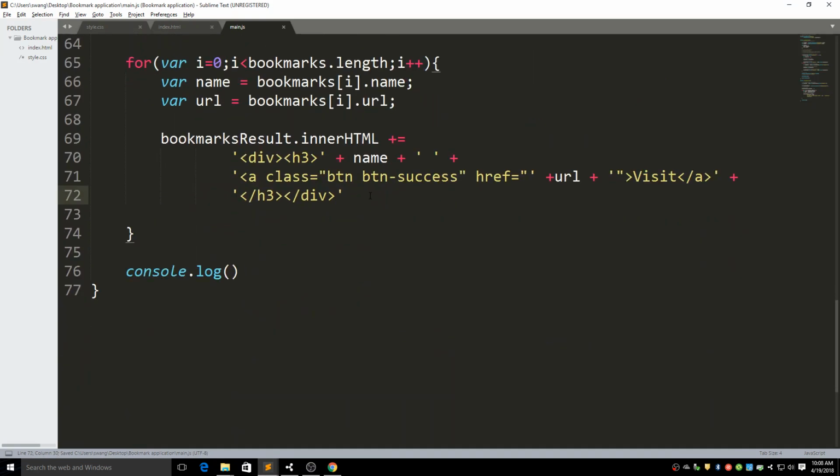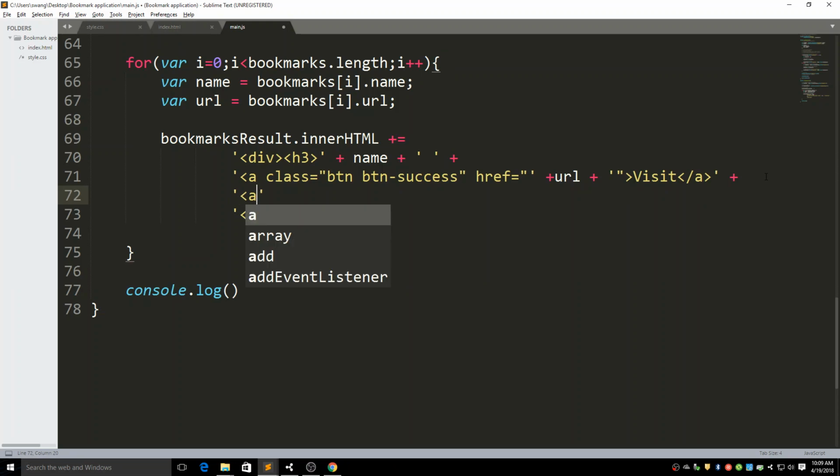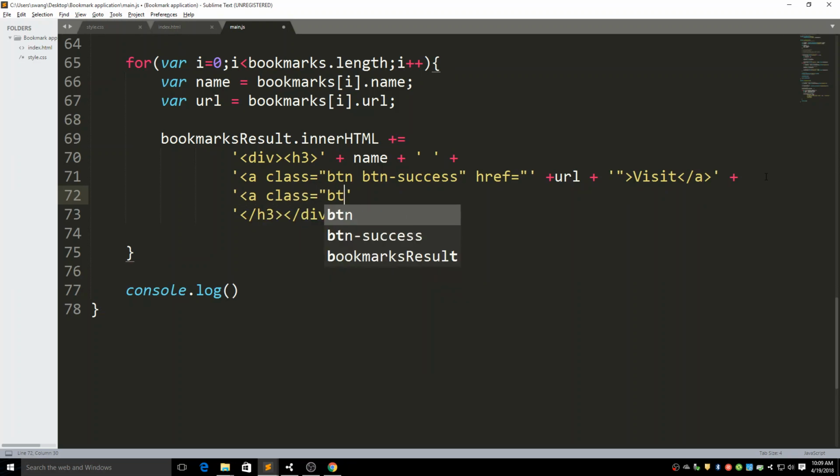Alright. So I still need another button to delete it, right? Before I close the h3 and div, I want another button here. I want another link with class equal to btn danger, and an onclick event. Okay, this onclick will help me delete the bookmark. This onclick will call deleteBookmark,